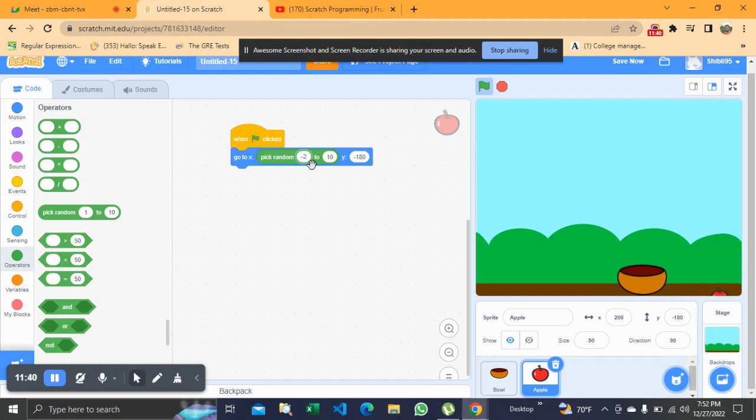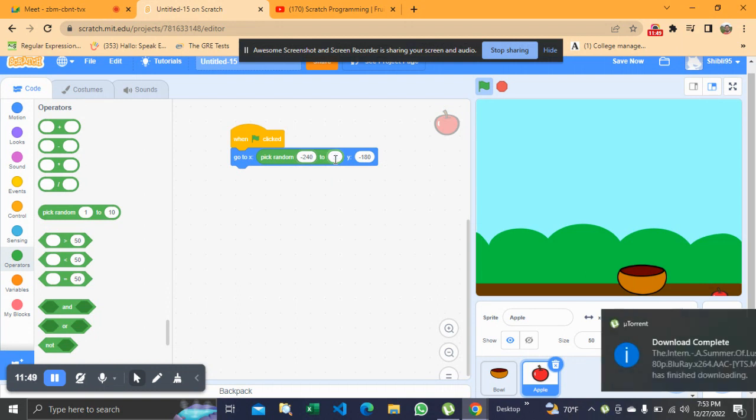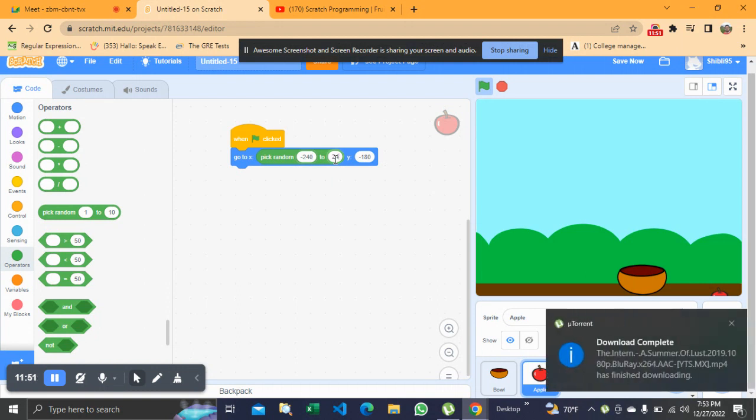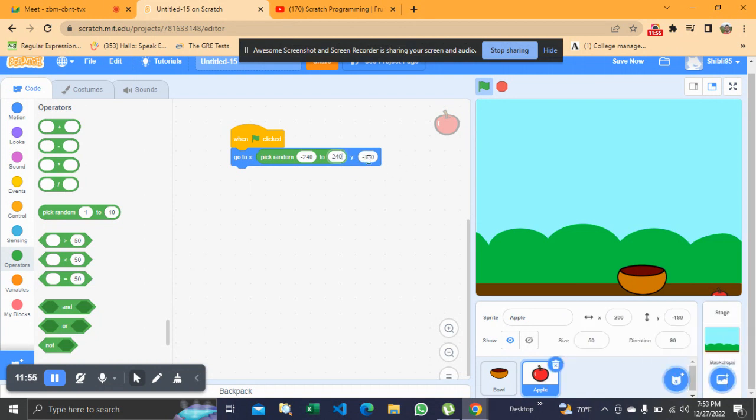Minus 240, 40, and here is just 240. Yeah. Here, I'm explaining why we are setting the value as minus 240 and plus 240, and why here it is 180 actually. Pick random means